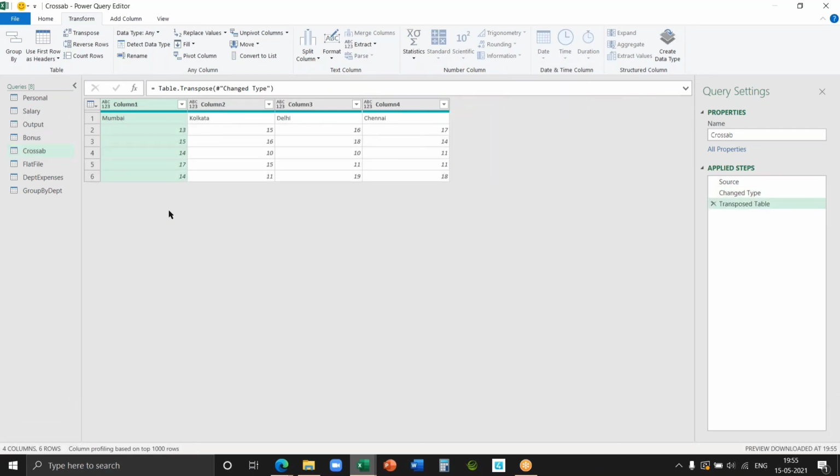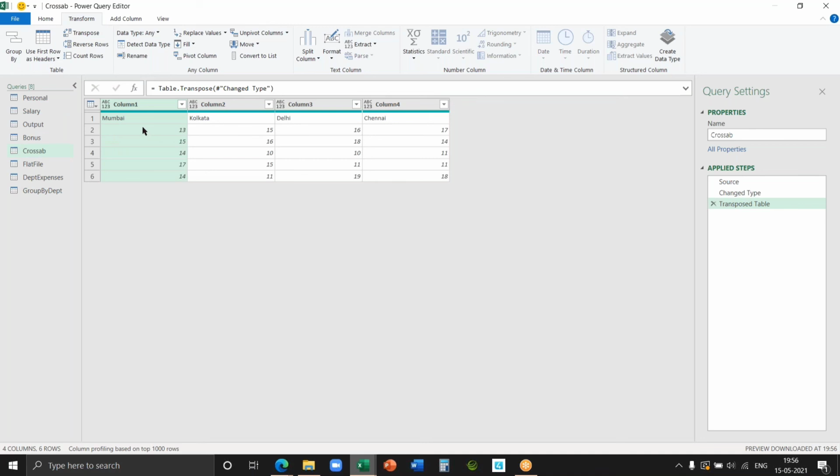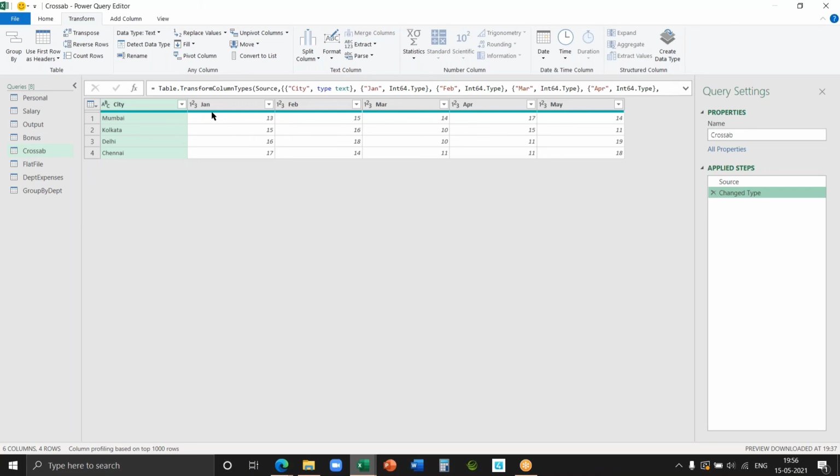Oh, see what happened. The data which was horizontal, row wise, has properly moved to the column, but the actual header of the column, which was the first heading of the row, I'll undo it. See, this Jan, Feb is lost. Have a look at it again. See, Jan, Feb, that is lost. That should have come here, Jan, Feb, and so on. That is gone. Why? Because headings are removed and only data is transformed, one below each other, from vertical to horizontal. 13, 15 will come one below each other.